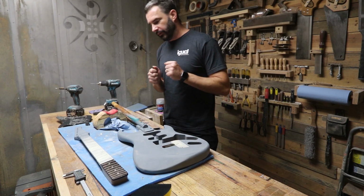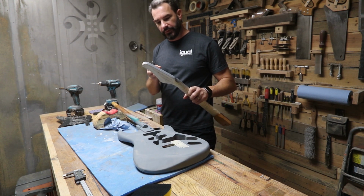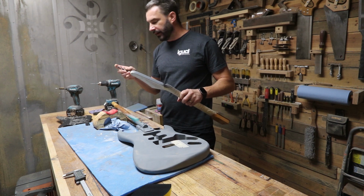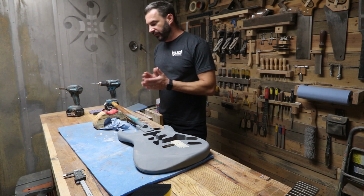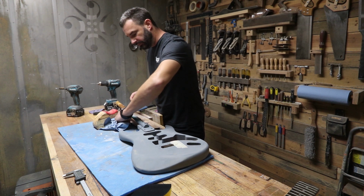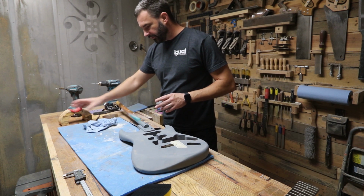Okay, so I've since discovered that the tuning pegs are too big for these holes, so I've got to widen out these holes. Brad point bit is not the right bit to do that. I did get some other bits, so I will figure that out in just a moment. But I think the things that I'm most concerned about right now is finishing up everything that would require that I do it before I finish my painting process. So I think what I'm going to work on now is anything that's going to require